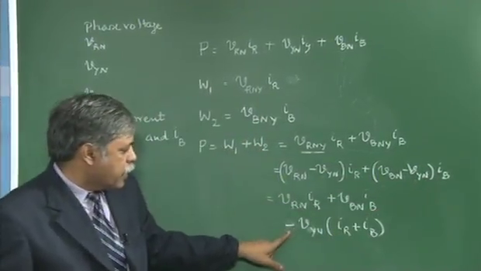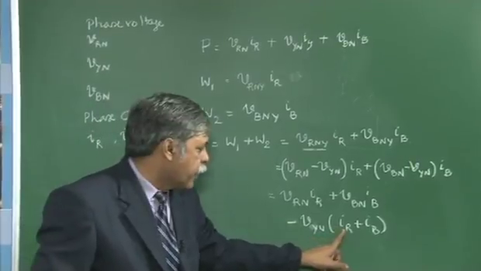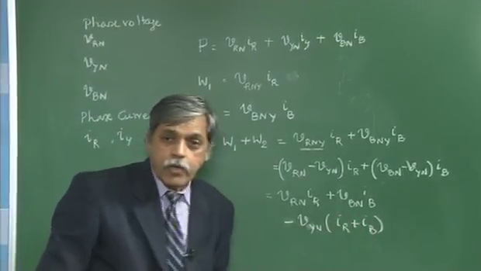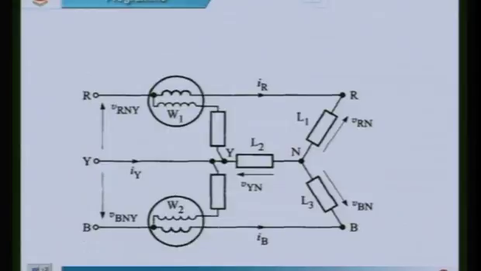I took that minus sign common, therefore I am getting IR plus IB. If you see the circuit, here I just apply Kirchhoff's current law at this point. When I apply Kirchhoff's current law at this point, I have to take these currents IR, IY and IB. If you see these directions, all the three currents are meeting at this point N, that is the neutral point of the load or the star point of the load, what you can call.